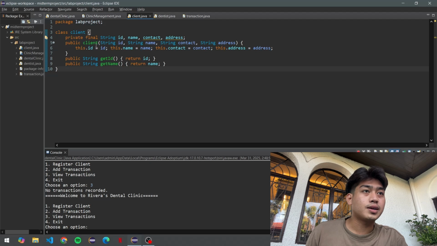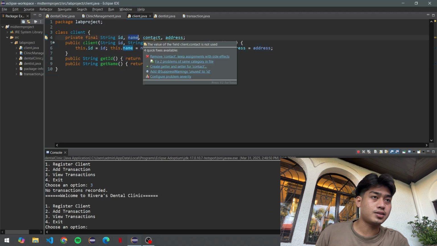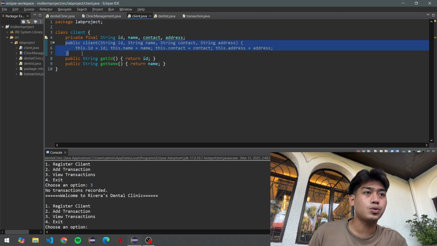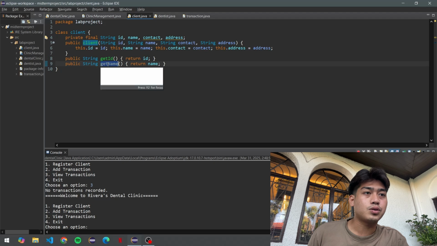Third, we have the client class that basically represents the client entity in the dental clinic system, storing essential details such as ID, name, contact number, and address. It has four private final fields, ensuring that once a client is created, their details cannot be modified. The constructor initializes these fields when a new client object is instantiated. Additionally, the class provides two getter methods, getID and getName, allowing controlled access to the client's ID and name while